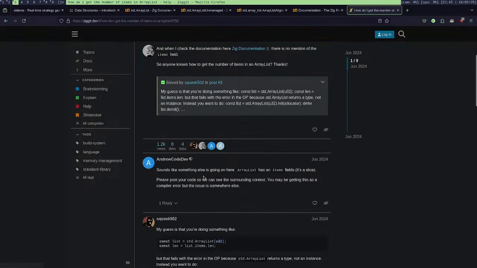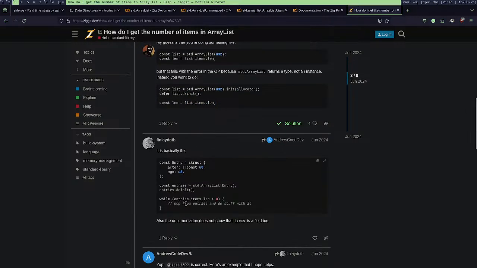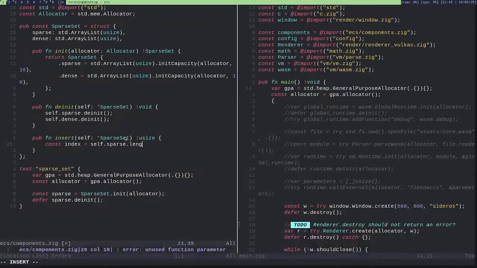Wow. Oh, just like this? Okay. But I thought this was something like the capacity. But okay, so items length. Okay.